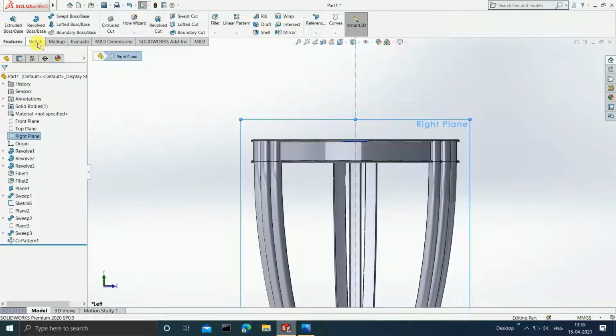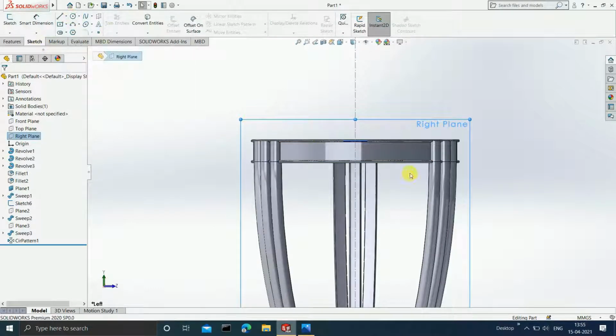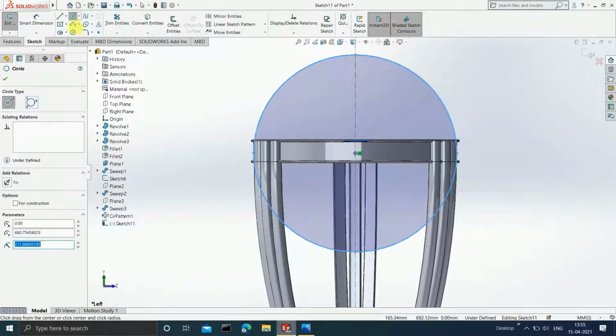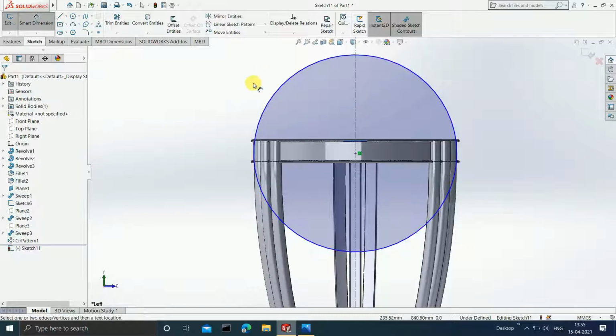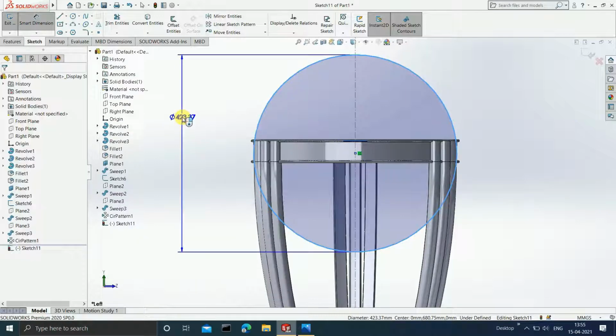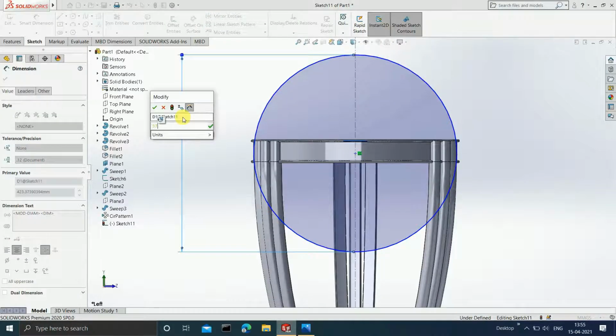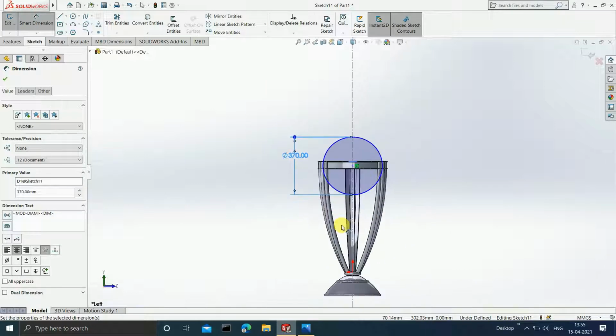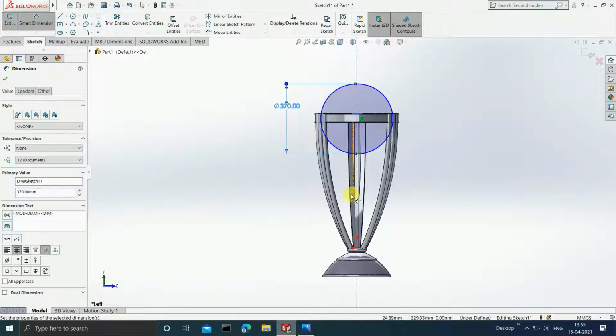Okay, on this just click on sketch, draw a circle. Okay, and the dimensions has to be 370. Enter. Now after this you need to define this circle completely.